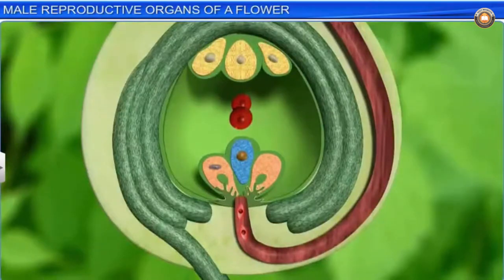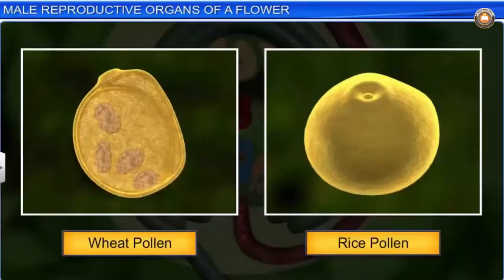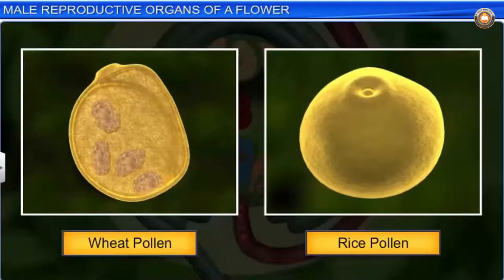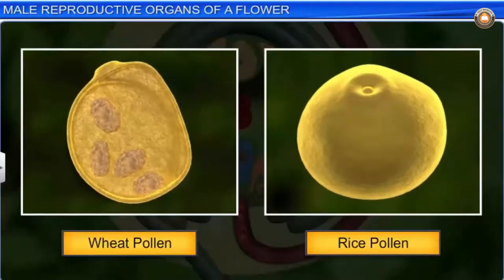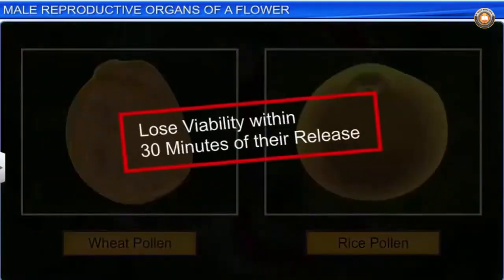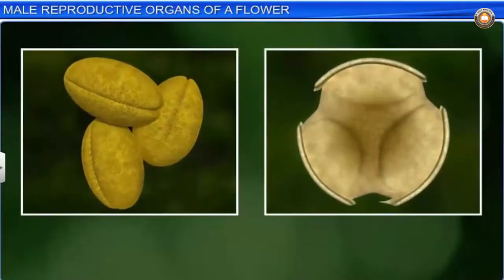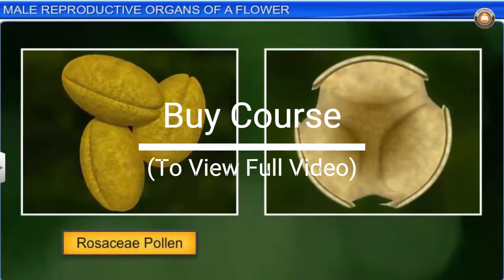Moreover, pollen grains of different plants have different periods of viability. Pollen grains of cereals such as wheat and rice lose their viability within 30 minutes of their release. Whereas pollen grains of some members of Rosaceae, legumes,